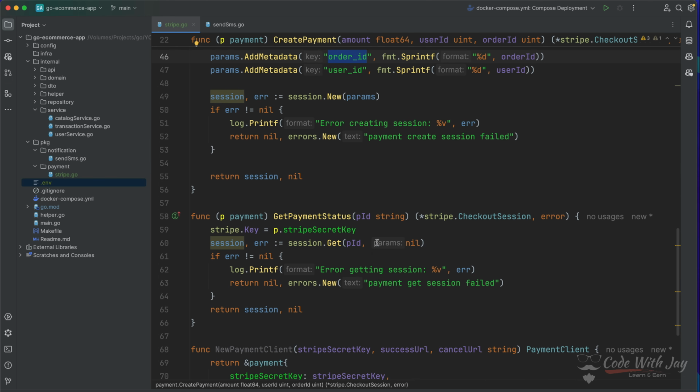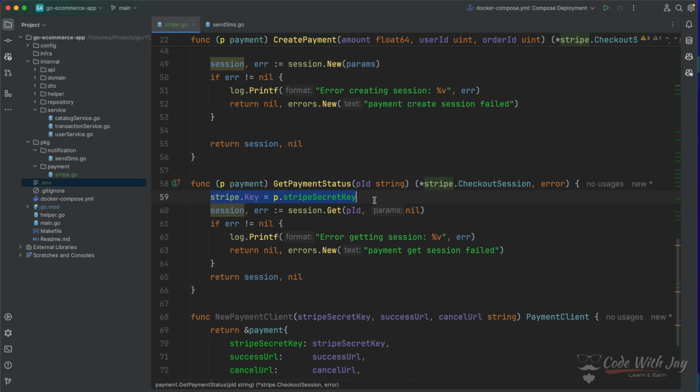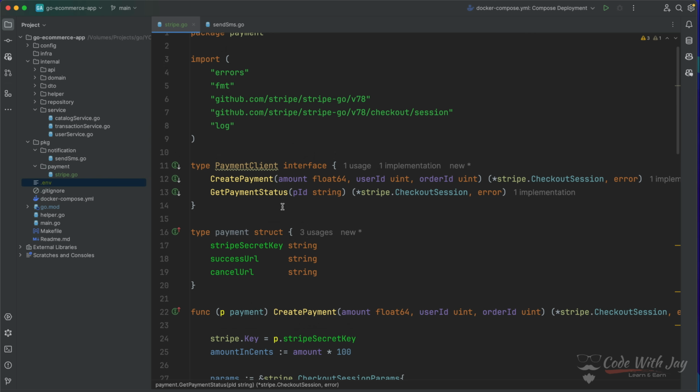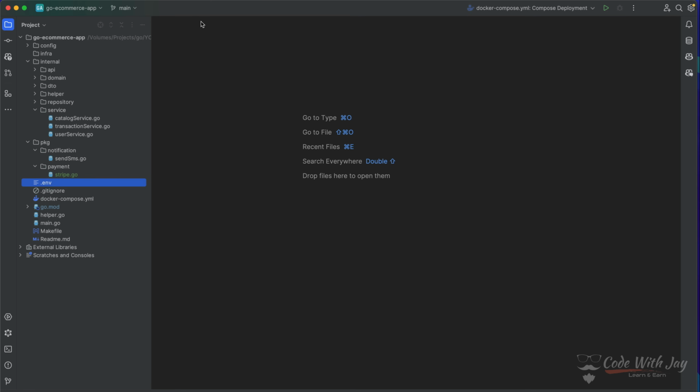So now get payment status is pretty clear: we are assigning this Stripe ID, then getting all the session data from there. This session data will include the payment status and everything, right? And eventually, if it succeeded, then it is going to return all this stuff. Otherwise, it's going to say get payment session failed, right? Cool. So now we are pretty much good at this point. We're going to close this file. Now let's go to